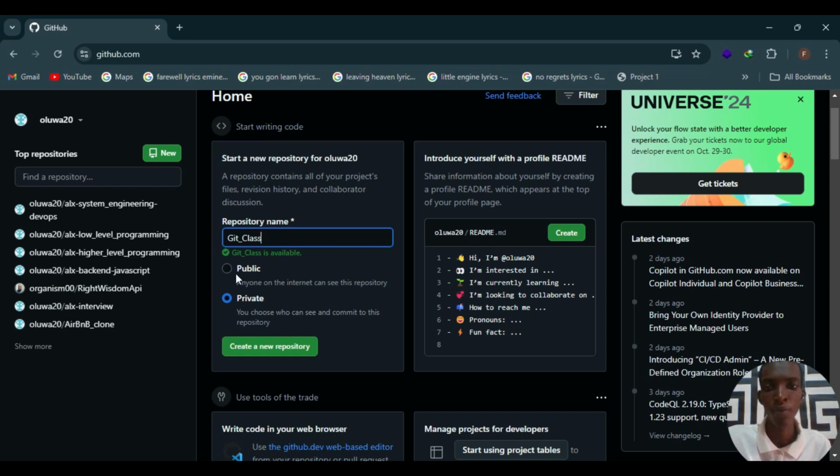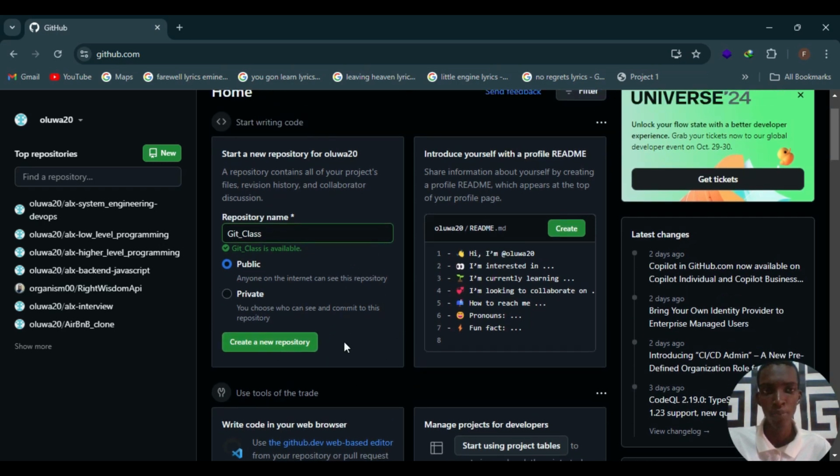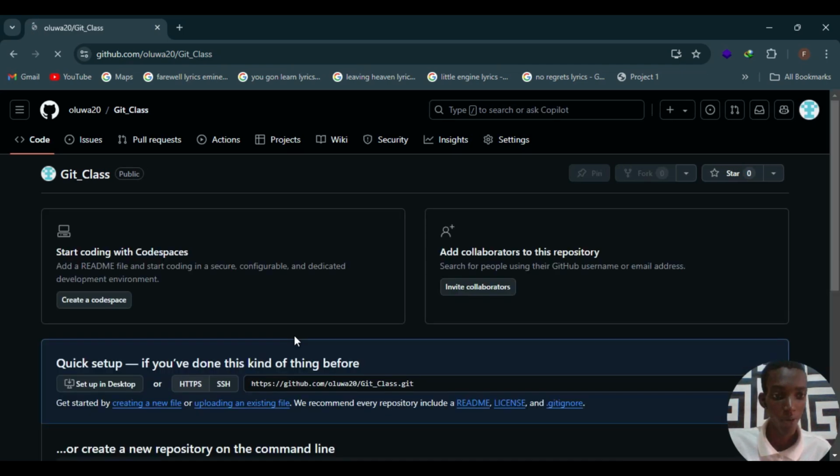So the same thing. Now you're seeing these two options, public and private. If you read closely, when you use public, it means anybody on the internet can see this repository. But if you are using private, you can choose who can see and who can commit or push to your repository. Let's just use public, so I want everybody to see. Next is to create a new repository, right? But this part doesn't show us where we could put our readme file from the beginning. So coming back here